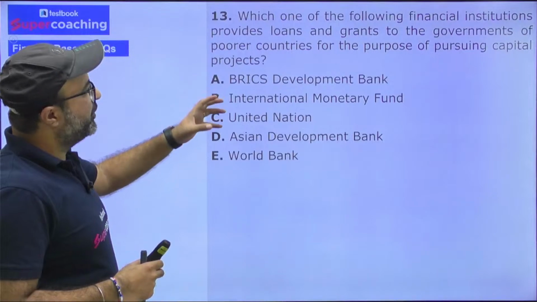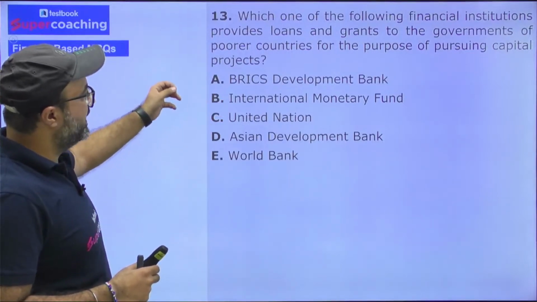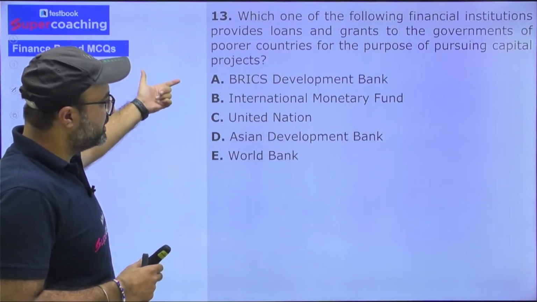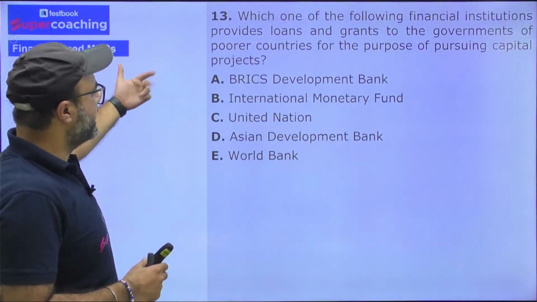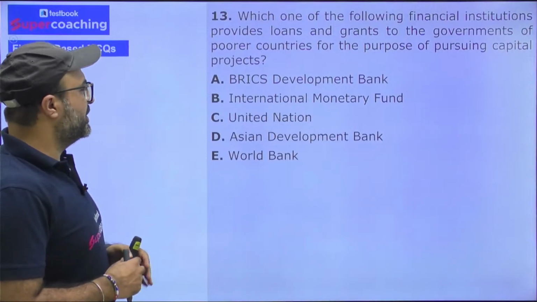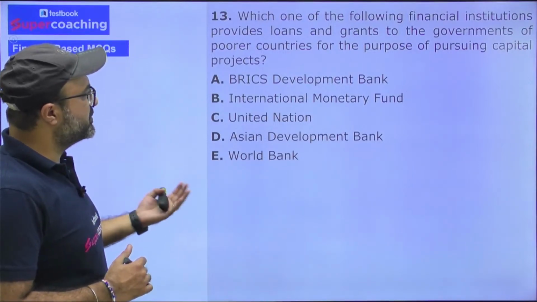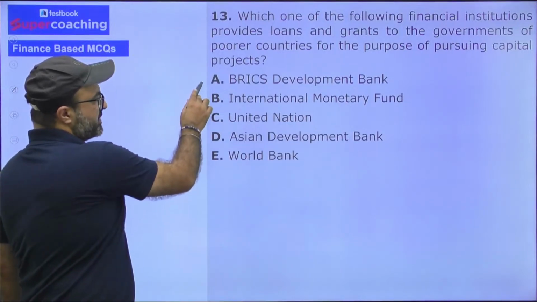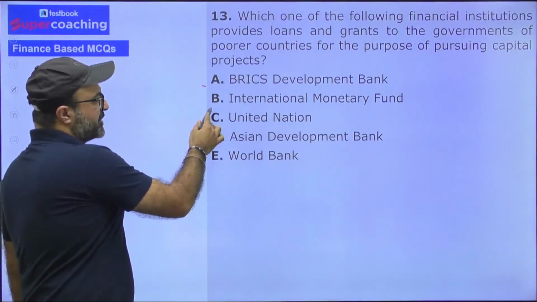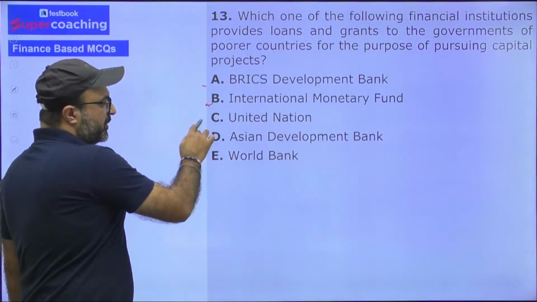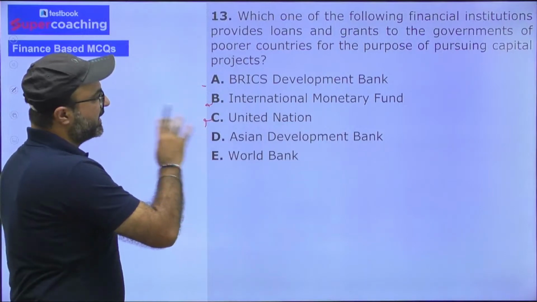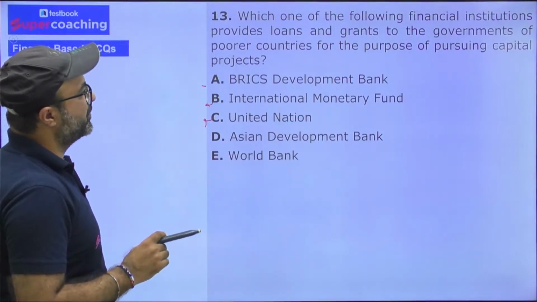Which one of the following financial institutions provides loans and grants to the governments of poorer countries for the purpose of pursuing capital projects? Sir, is it BRICS? Okay. International Monetary Fund? No. United Nations? No. Asian Development Bank? Yes. World Bank? Yes. But the question is which of the following provides loans